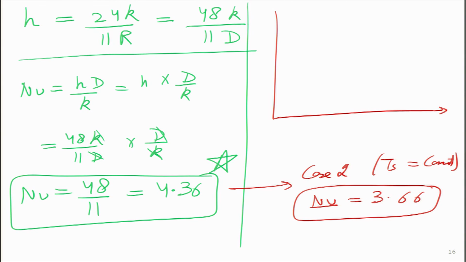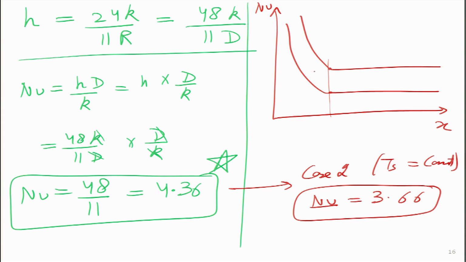Somebody asks, sir, this is only for the fully developed region, what about the entrance region? We can even show, for the entrance region and the fully developed region roughly over here, that this value goes over here. This is 4.36, this is 3.66. This is the case where Q dot S is constant, and this is the case where Ts is constant,